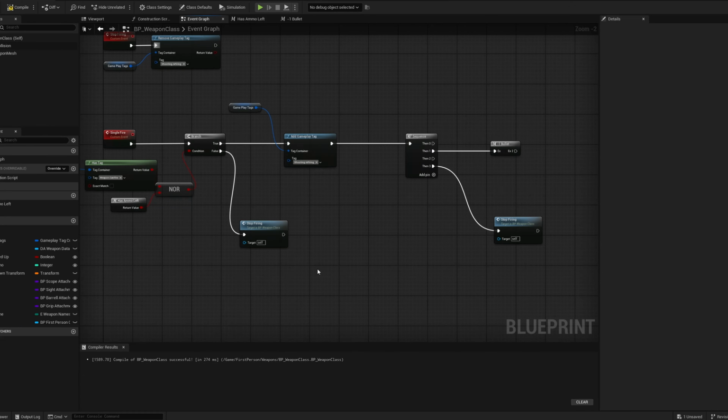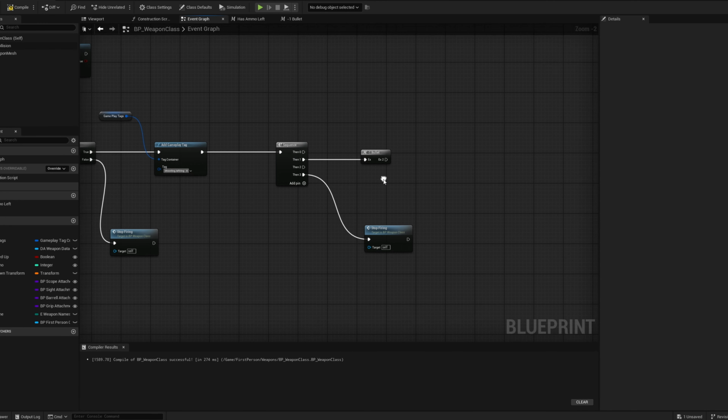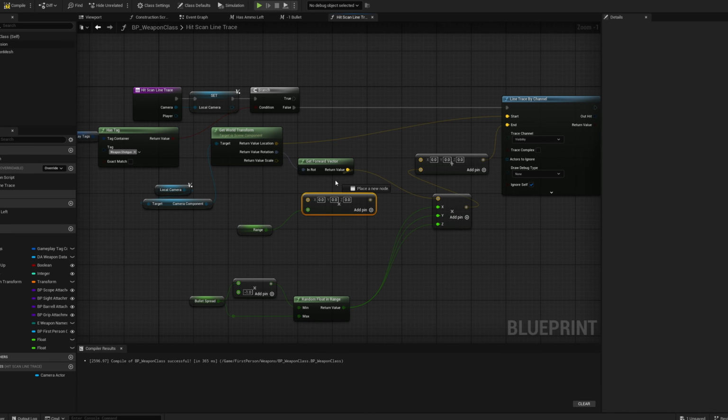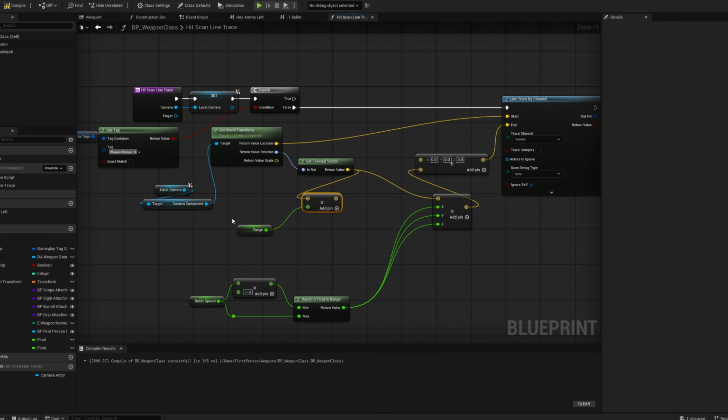In today's video, we're gonna learn how to shoot our weapons. That's right, we're finally at the good stuff where we can learn how to add the firing logic to our weapons so that we can fire each individual weapon. We're gonna be working inside our weapon class where we're gonna be adding the ammo logic as well as the firing logic inside the parent class, and then we'll tweak a couple of things inside each gun so that they